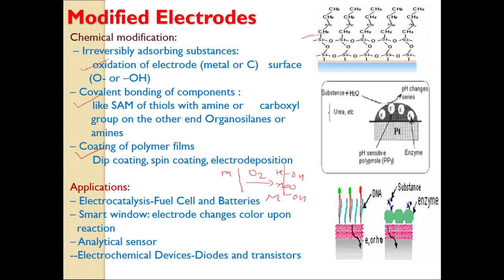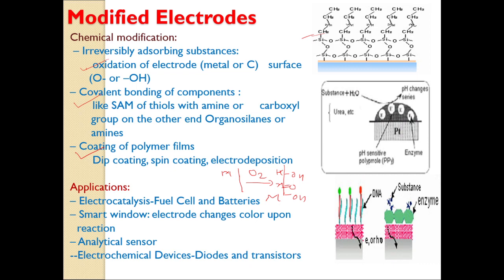Now in biomedical applications, again there are immobilized enzymes, and biosensors such as amperometric sensors are a type of modified electrode. Here it is shown how the substrate selectively gets adsorbed on this particular enzyme. This can be prepared by covalent attachment, adsorption or gel entrapment. So there are different ways to modify the particular surface.